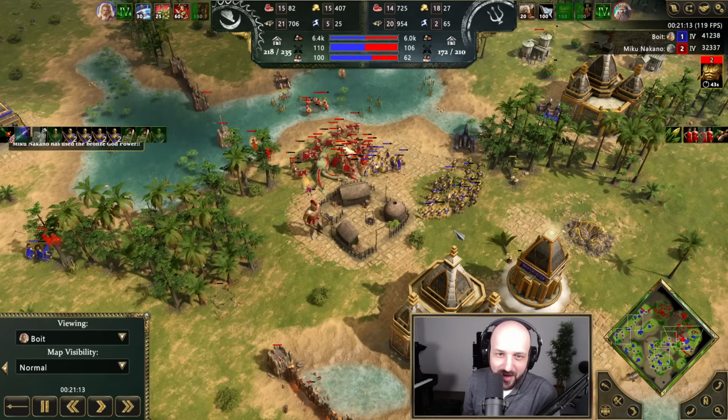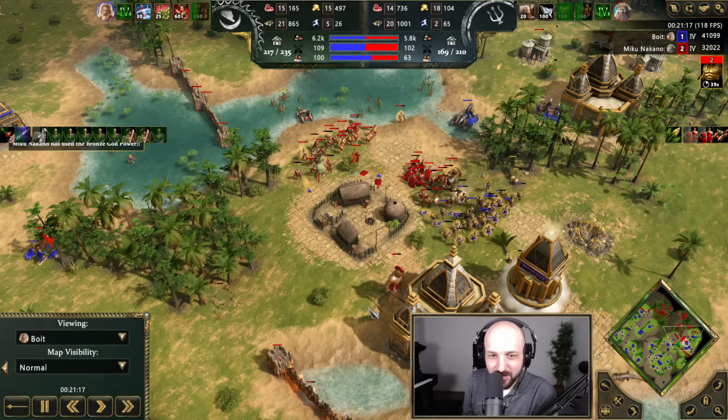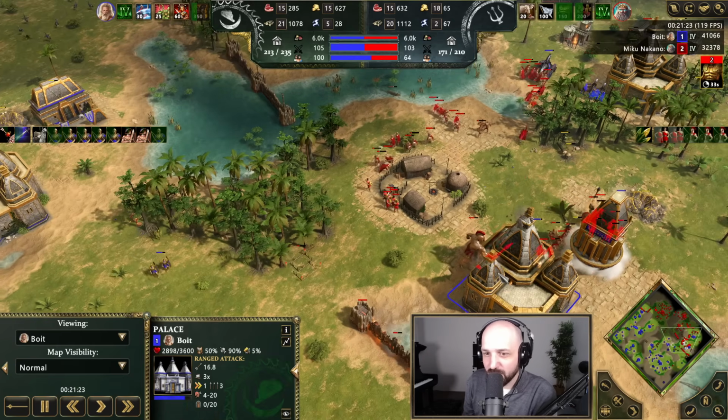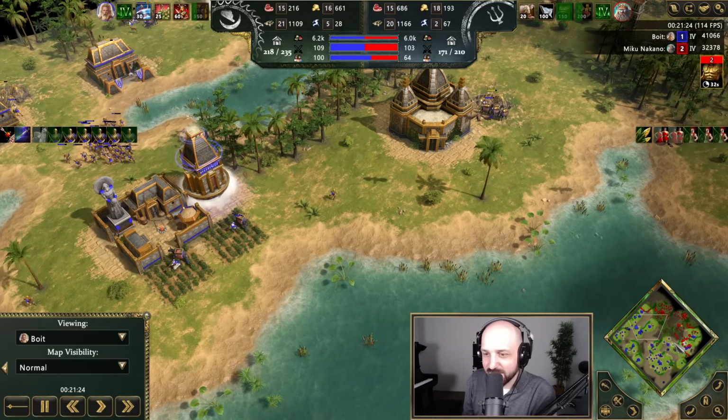Well, we have to bail on this. I don't see me winning this fight. I just don't. Maybe I can, but I don't think so. So we got to move to a different spot. So where do we go? Well, unlike Gaia and Kronos, running like this is not going to be